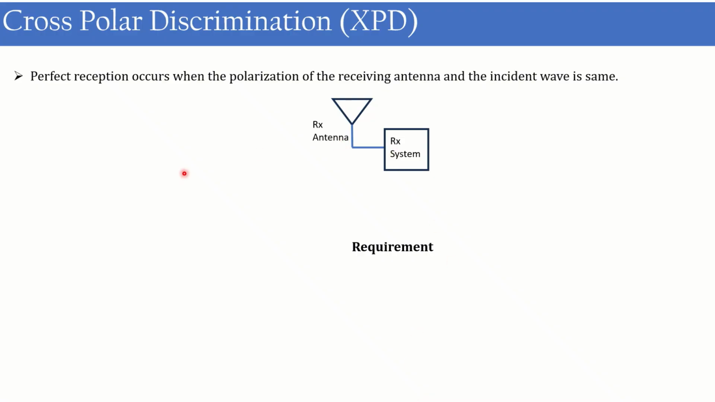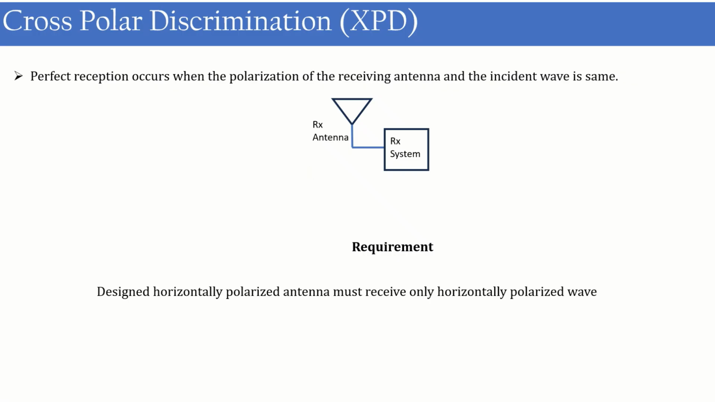For a perfect reception, we know that the polarization of the receiver antenna and the polarization of the incident wave should match. So, that is the actual requirement. If we are designing an antenna, we are designing for that purpose only. That means that if we are designing a horizontally polarized antenna, our requirement is it should only accept the horizontally